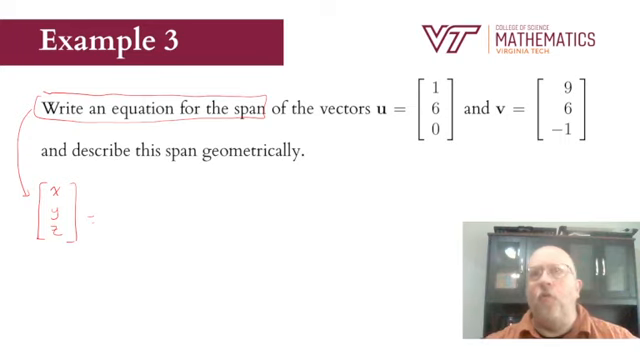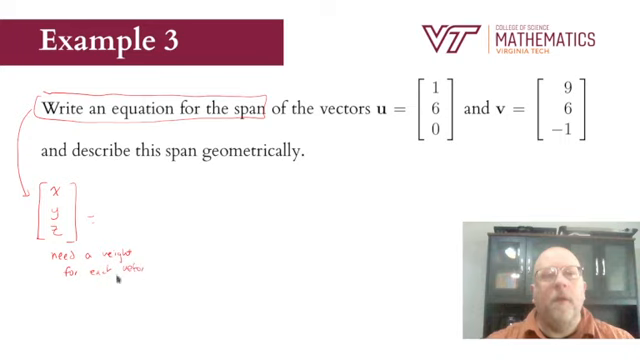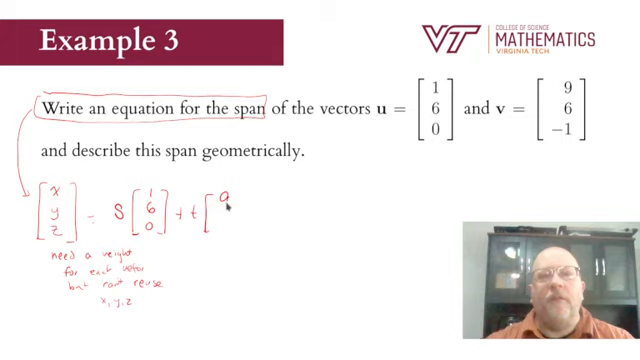So I need two weights. And this time I don't want to use x, y, and z because I've already used them here. So I need a weight for each vector, but I can't reuse the letters x, y, and z. So I might use S and T, or I might use A and B. I don't care which letters you use, but if I let S be the weight on 1, 6, 0, and T be the weight on 9, 6, negative 1,